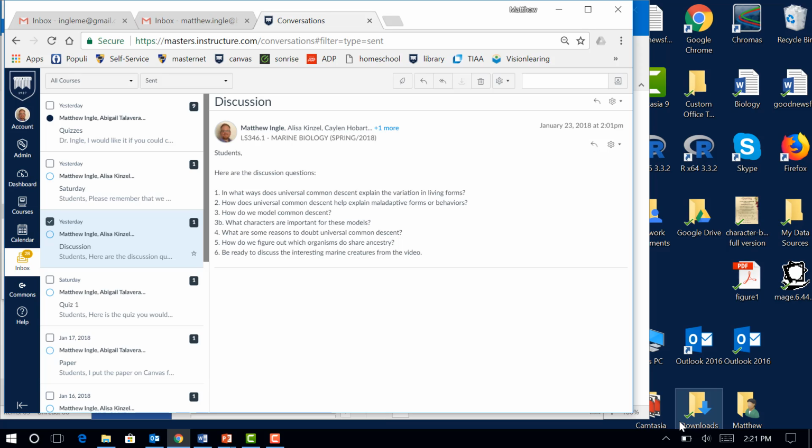So what do we use to actually model this? Notice I didn't say universal common descent here because oftentimes that's really difficult to model because you've got 1.8, 1.9 million described species, and if you try to model all of those back to a single ancestor plus all of the extinct species, it's just going to be insurmountable. But how do we model common descent? What do we use to model that? We use the fork branches that break off from one organism to only two. Yeah, cladograms. Cladograms, phylogenetic trees, they're the same thing, just different names for it.